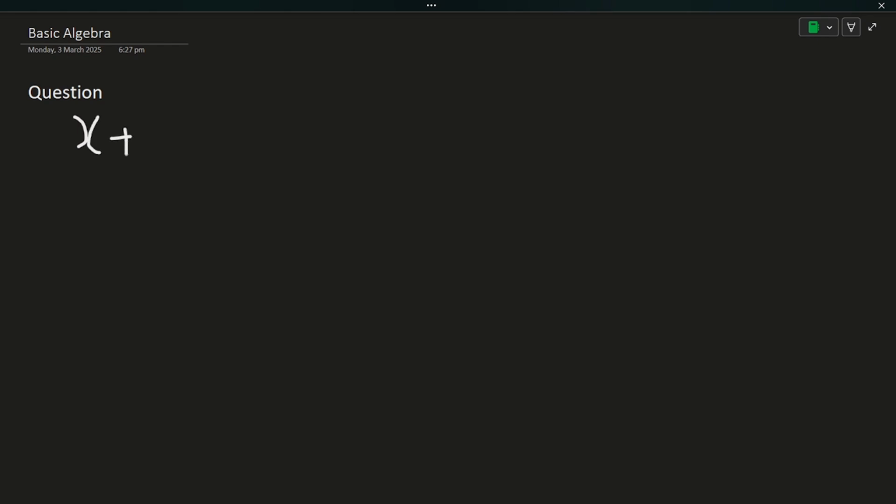plus 3 is equal to 5, and then let's do question 3. Question 2. I'll do 3 questions, by the way. Each of them will be for multiplying,